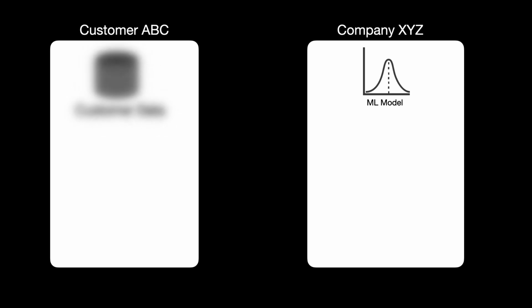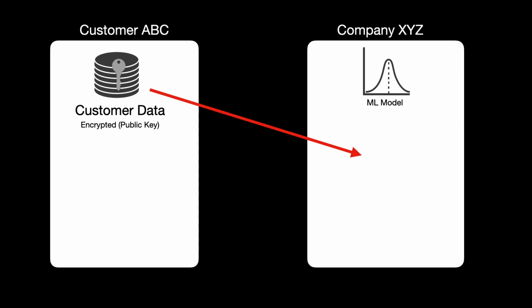So I have a customer today that has some kind of data, and we'll walk through some of the data that we'll be looking at, especially for this basic toy machine learning model that we're going to build today. The customer may have some vectors, or specific data that they want to run against the machine learning model. They're going to take that data and encrypt it with their public key. This goes back to asymmetric encryption, where you have a public and a private key. The public key can be shared with anybody, but the private key can only be held by the person, in this case the customer, for them to unlock that data. So they're going to encrypt it with their public key, and then send it over to company XYZ, but it's encrypted. We'll take a look at that in code to see what it looks like when it is encrypted.